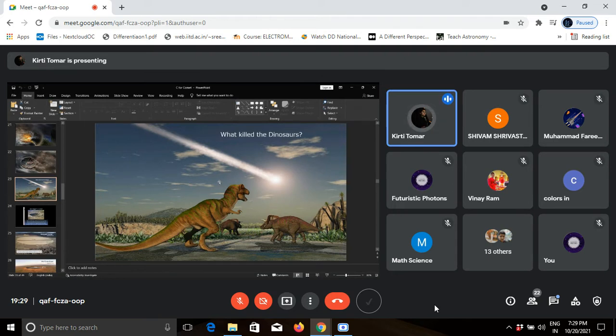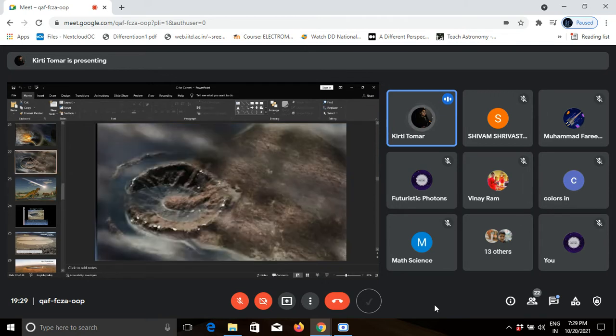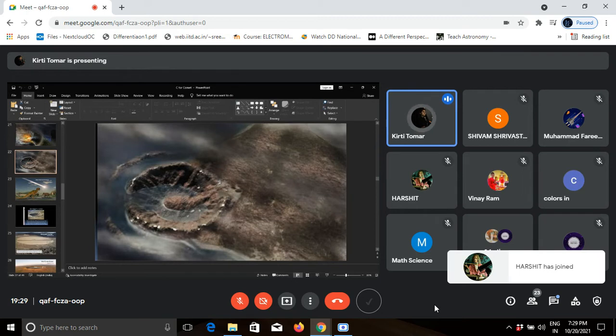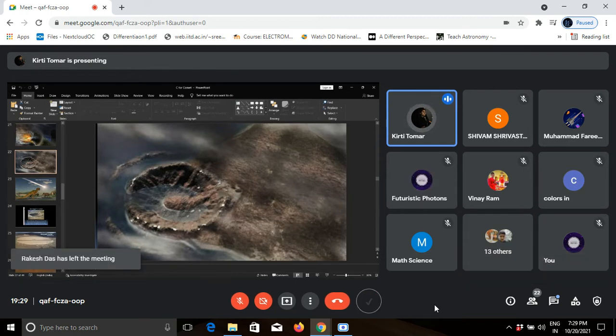Okay. All right. So first of all, I would like to talk about this before going on to talk about dinosaurs. Impact craters are formed when a meteoroid, asteroid, or comet crashes into a planet or a moon, right? All the inner bodies in our solar system have been heavily bombarded by meteoroids throughout their history.